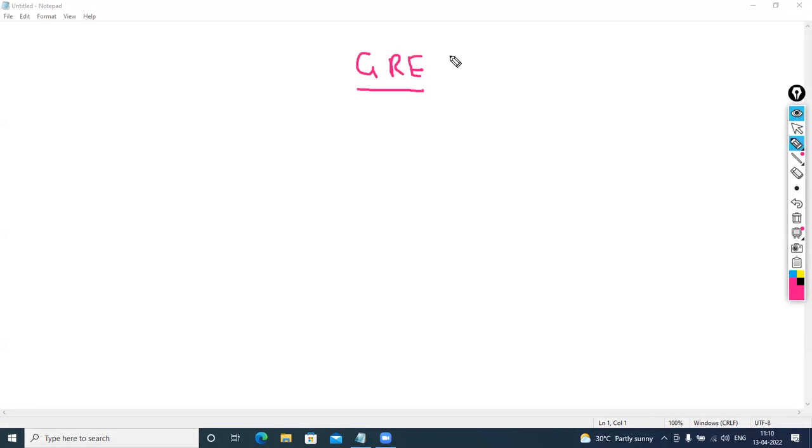Yesterday we had discussed GRE. So let us quickly recap. Generic Routing Encapsulation. So it is a layer 3 protocol